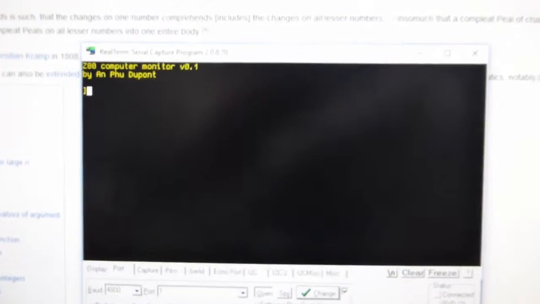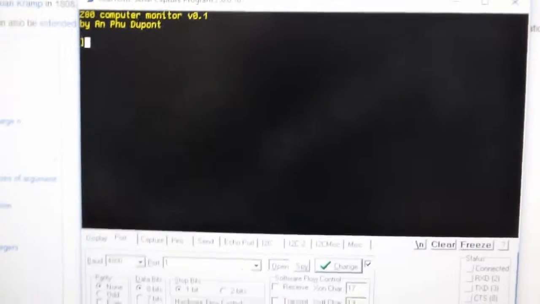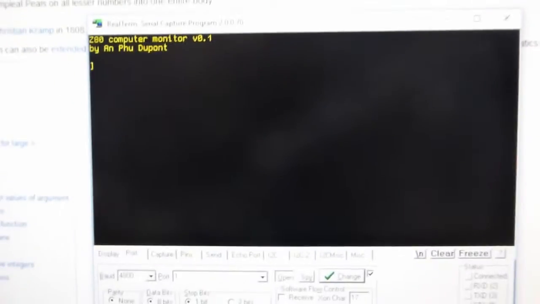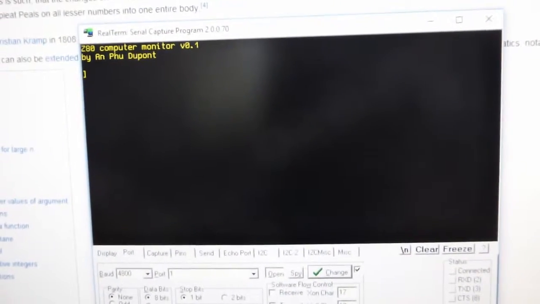Well, simple things. Peek, poke. So read from memory, write to memory, and it can receive files via RS-232, so via serial, and it can execute at a memory location. So if we peek, let's say 5, 4, 3, 2